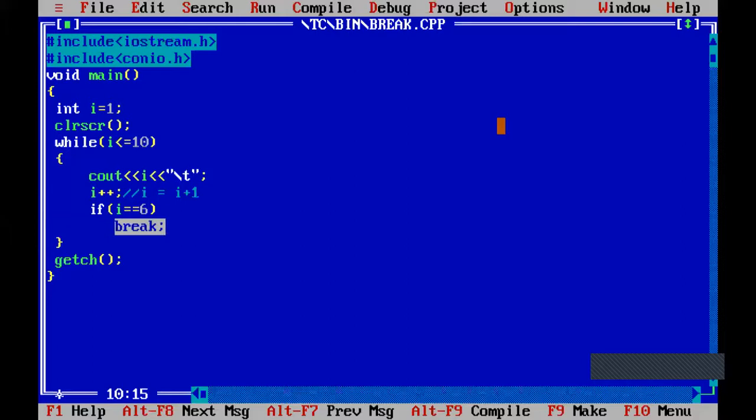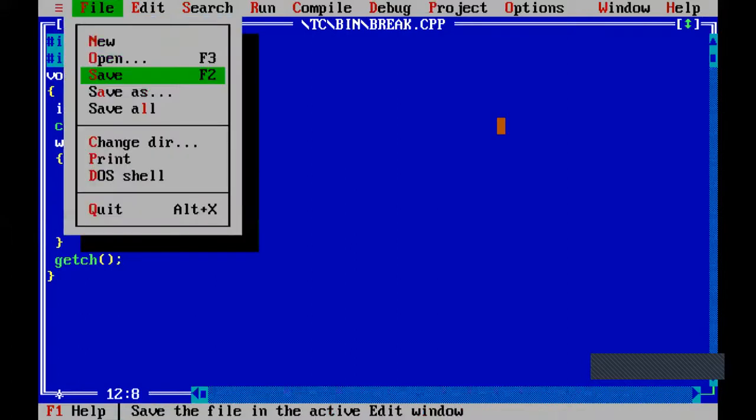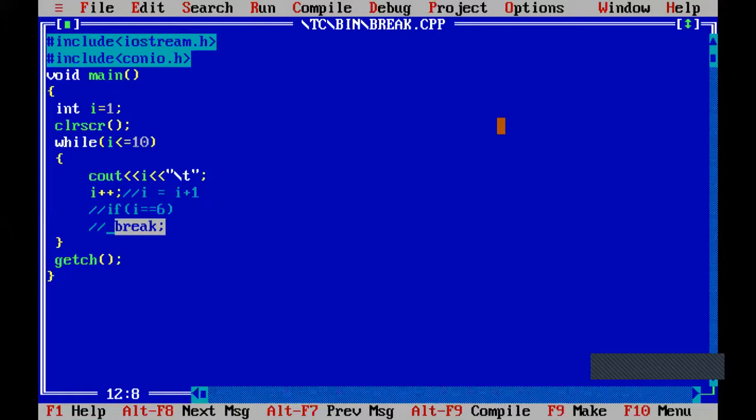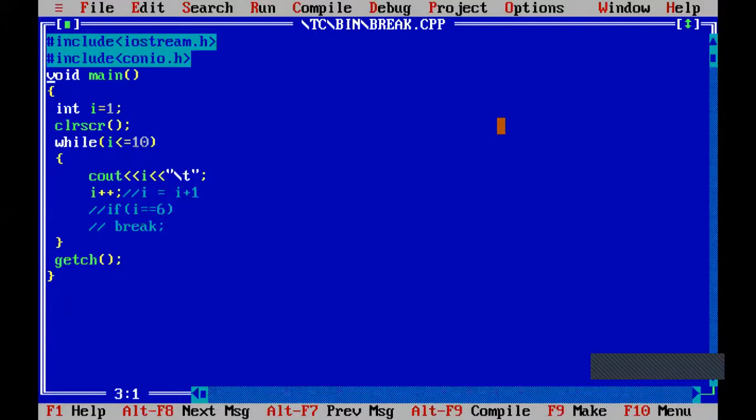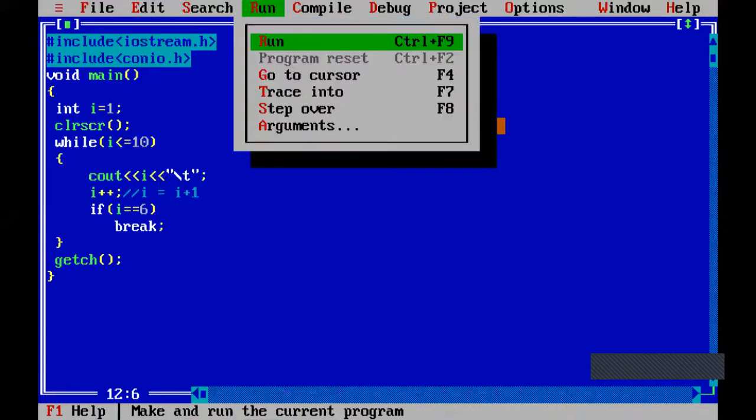Now we will trace the program. You can see one more thing. I will comment these 2 lines and test it. We will come to know that if the break statement is not there, then program control will not stop the loop. So it will print 1 to 10. Observe here, 1 to 10 numbers are printed. That means there is no break keyword. Now if this is uncommented, that means it is not a comment and starts working, it will print only from 1 to 5. Observe the program control. See here, 1 to 5.